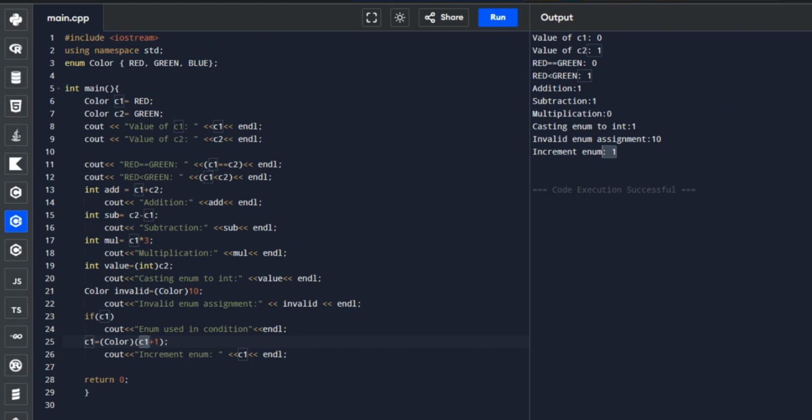This shows that enumeration types in C++ are not strictly type-safe since they allow operations that may be considered incorrect or unusual. Okay, so we are done with our C++ code. Let's now move on to our C sharp.